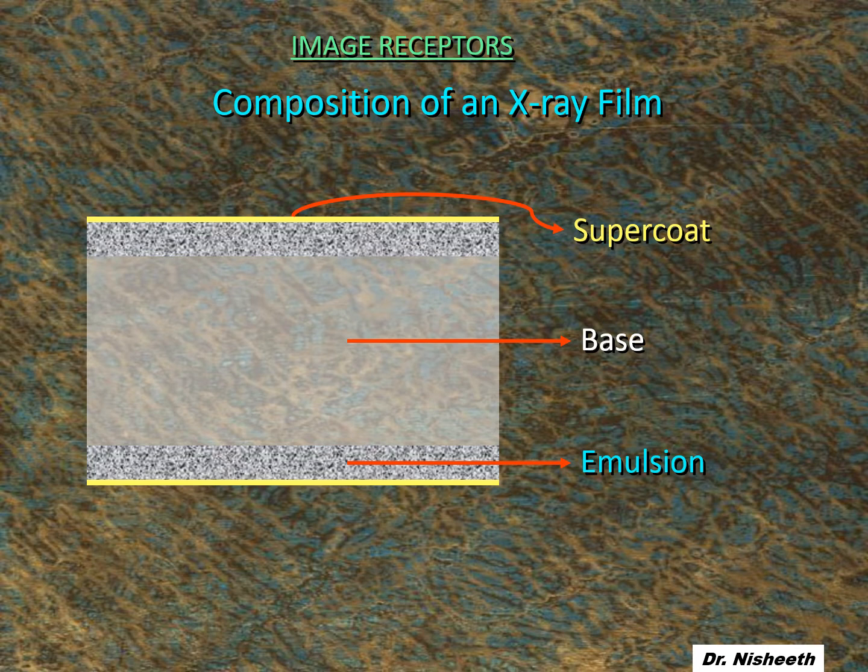That means a polythene base is taken. Sorry, I'll take yellow color. I think yellow is visible. Yes, a polythene base is taken. This is called polyethylene terephthalate base. On this base, an adhesive layer is applied. A layer like Fevicol is applied, to which something can stick. And the material which is sensitive to X-rays is fixed to this adhesive material.